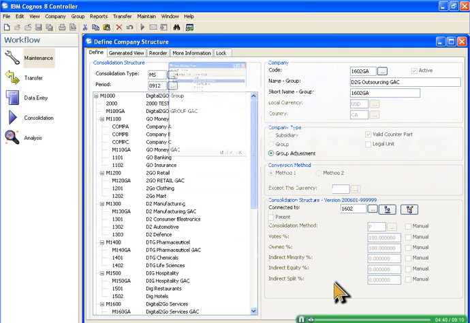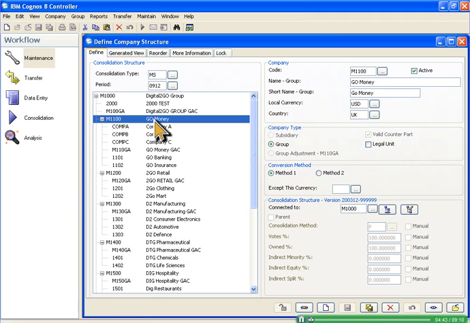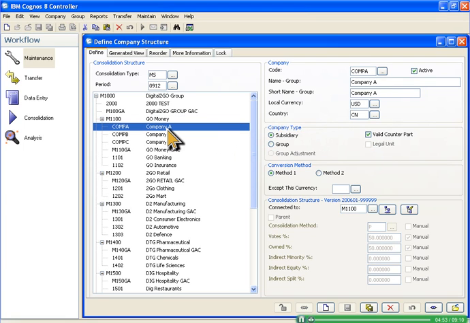Now we can look at a specific entity in more detail. For example, if we look at Go Money, we learn that it is a group company based in the UK, with the local currency in US dollars. If we look at Company A, we see that it is in US dollars, the country is Canada, and it is only 50% rolled up into M1100. This gives you just a flavor of how the financial consolidation structure looks as we feed data into our reporting